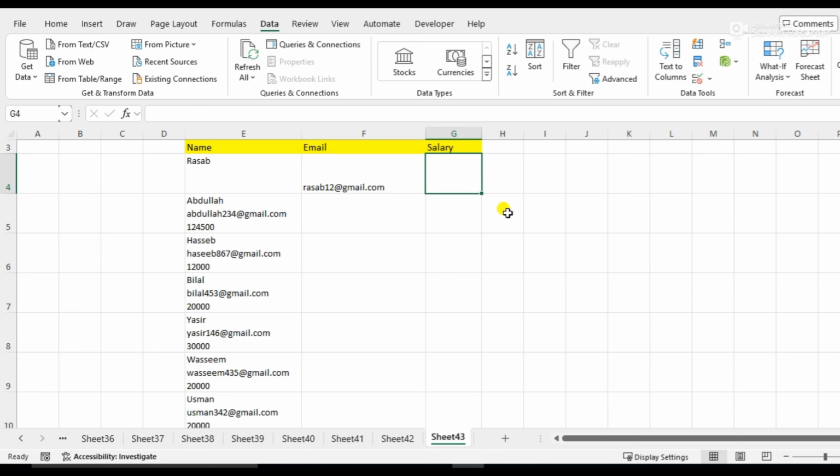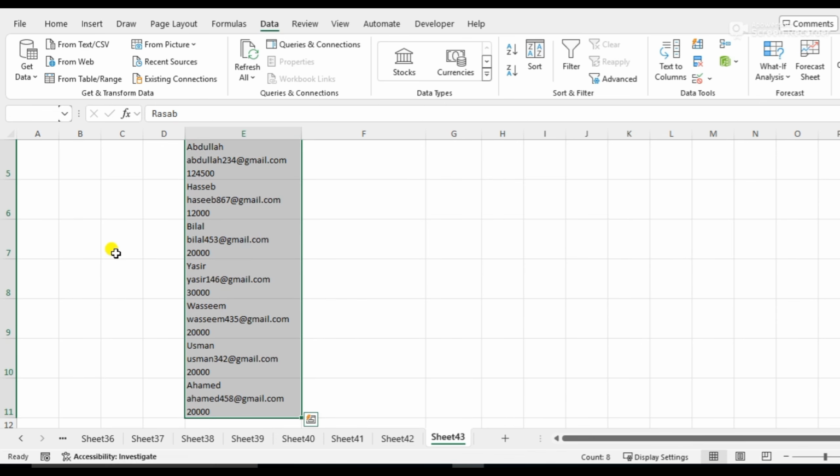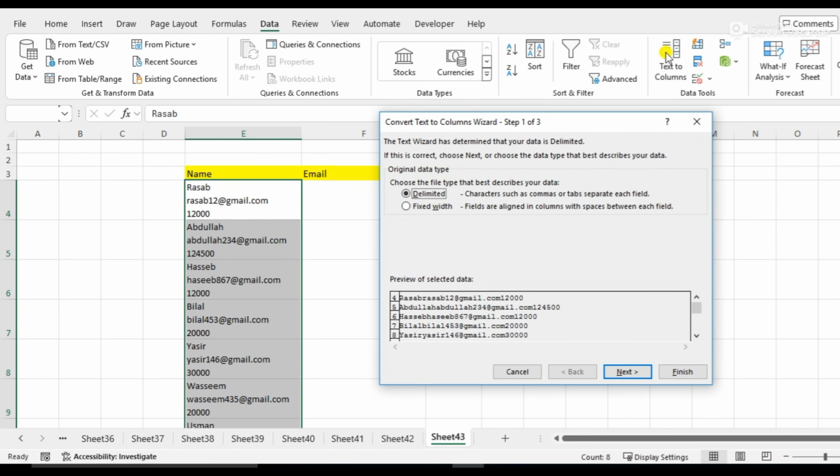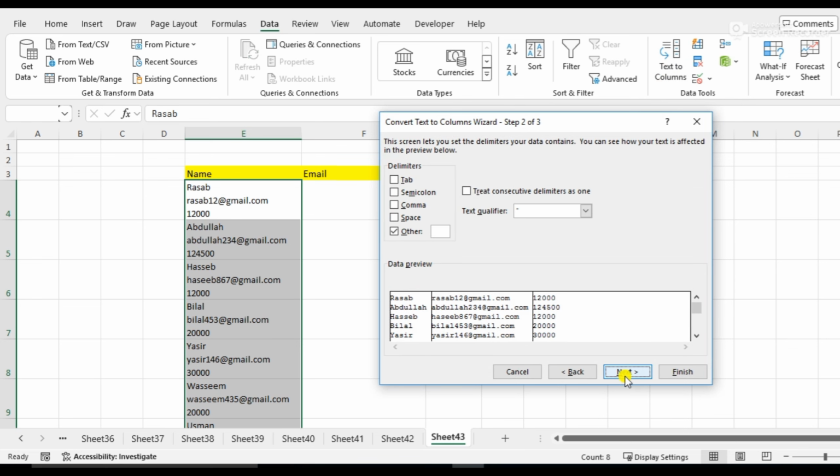So I have a small trick to use here, so we can also try this. We can select this cell first and then Ctrl Shift and Down Arrow. Here we can see that all data are selected. Then we can go to Data, then Data Tools, go to Text to Columns, click here, then select Next, then select Other, only check Other, and then press Alt J and then Next